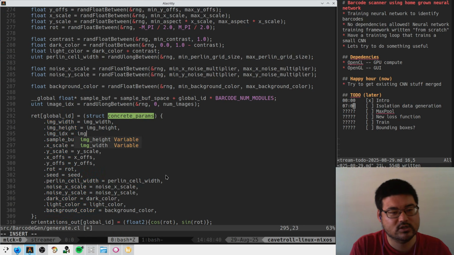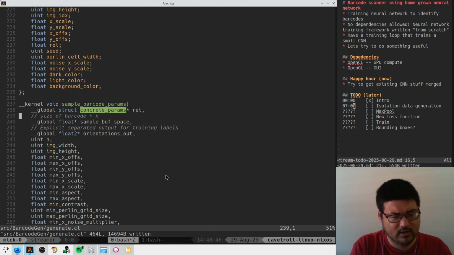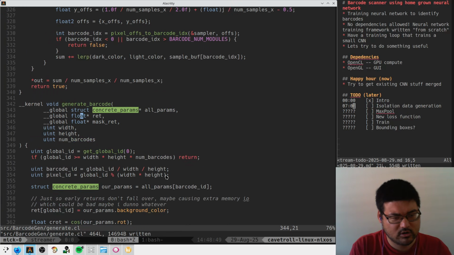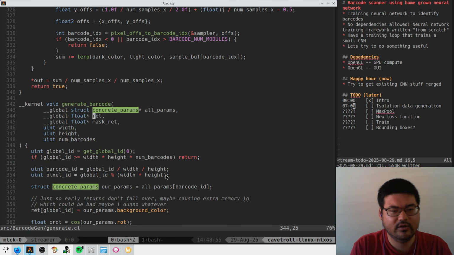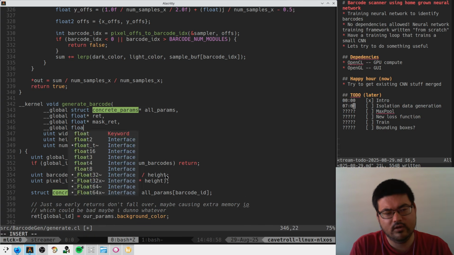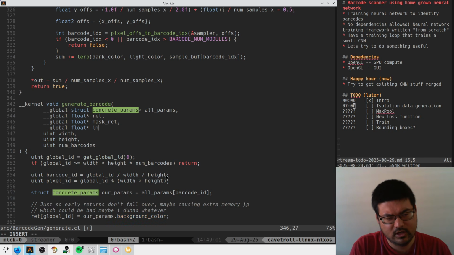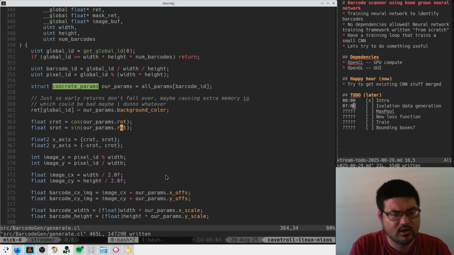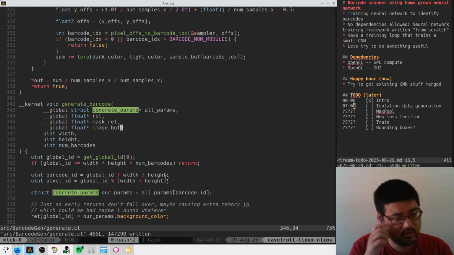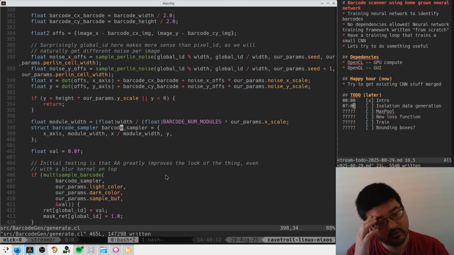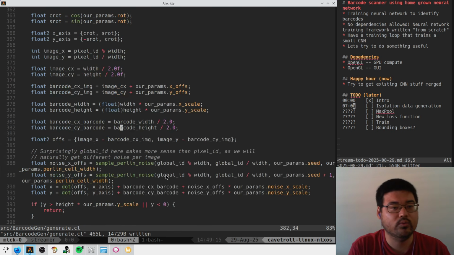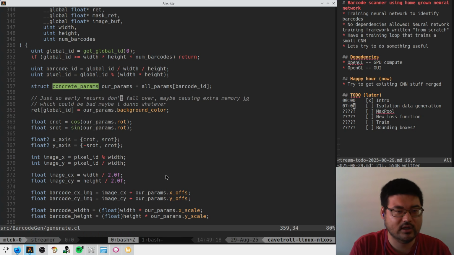Image index is image index like this. Then when we are generating the barcode, we have like a sample image buff, I guess. And we look at, hold on, we're figuring it out. Somewhere we set the background color here. And so instead of doing that, we're gonna go look at